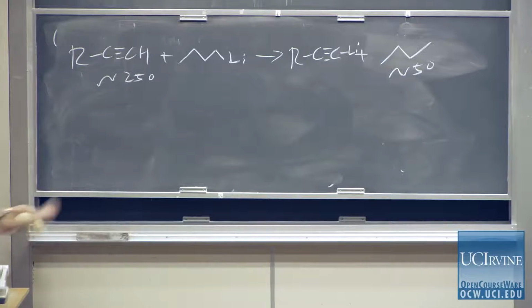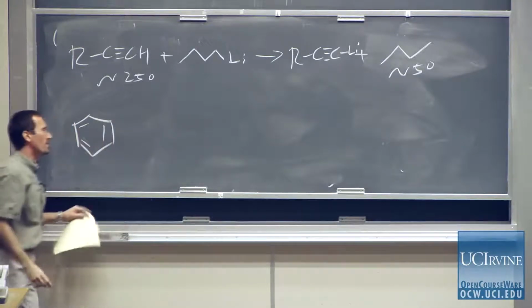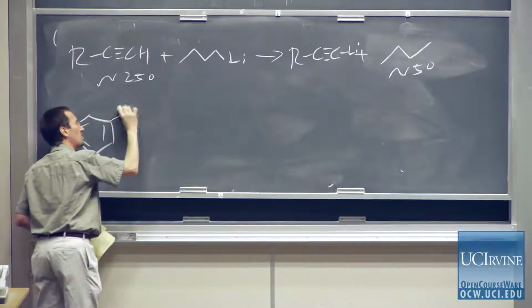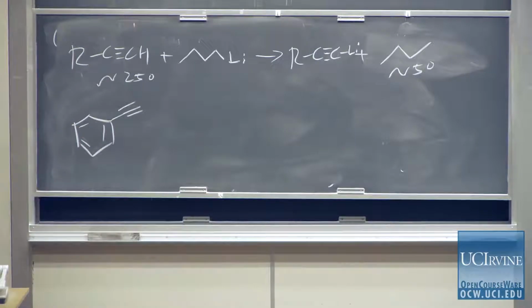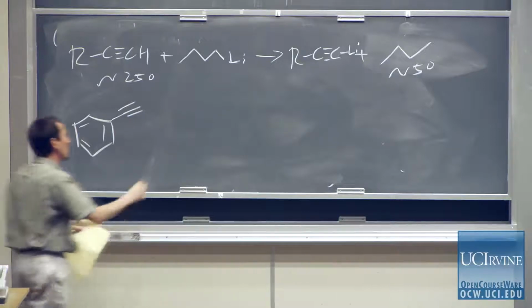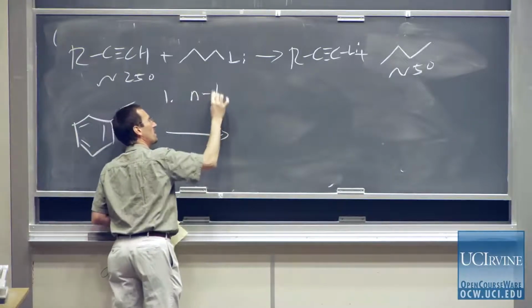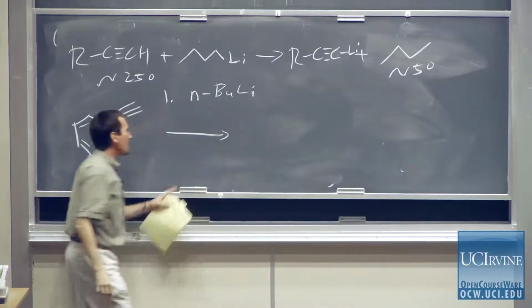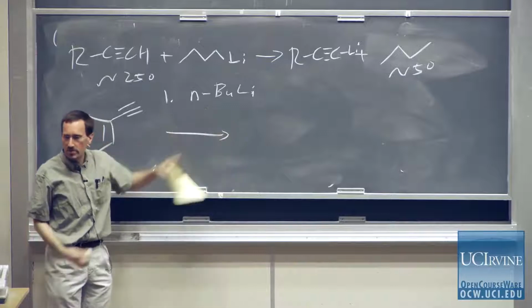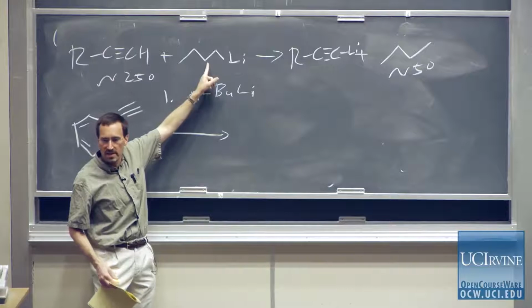And I'll just give you one example of this as well as a way of making carbon-carbon bonds. Just to give you some diversity in the molecules that you see, I'll take, say, phenylacetylene, and we could envision treating it with butyl lithium. You'll often see butyl lithium written as N-butyl. N means normal. Normal is just a fancy way of saying it's the regular, the 1-butyl lithium,